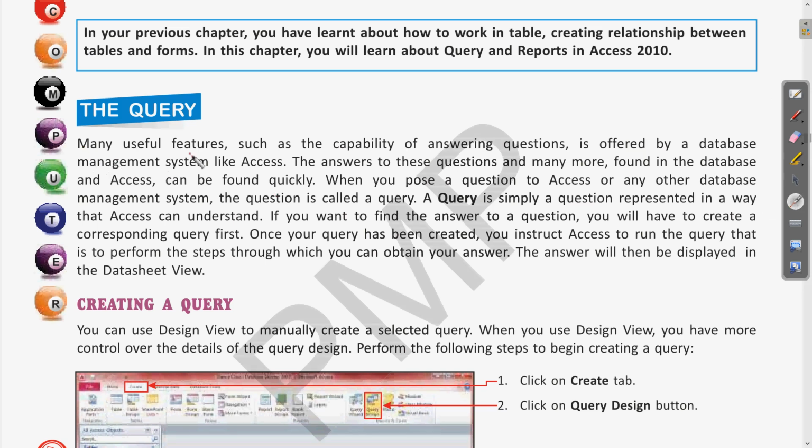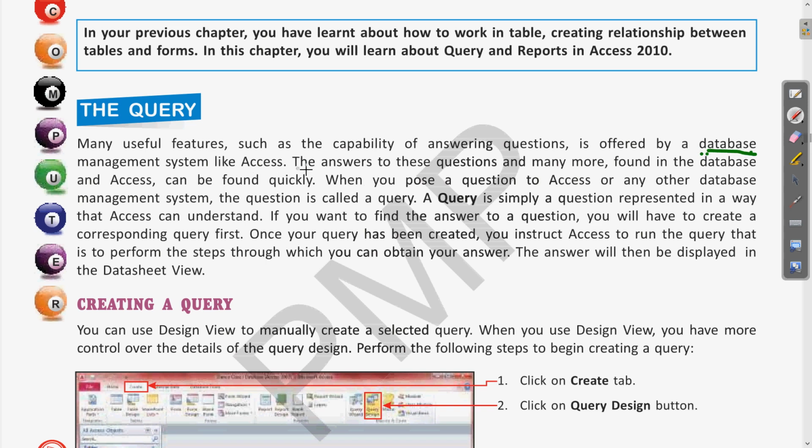Many useful features, such as the capability of answering questions, are offered by a database management system like Access. Clear? Already we know that MS Access is a database management software, that is DBMS software.